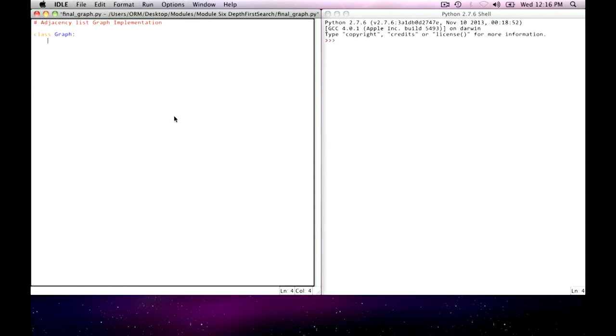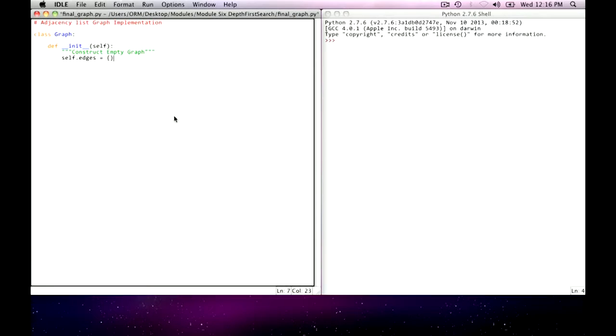We're going to use the basic capabilities of Python to create a class called graph. Initially, when it's created, it will be empty. But we have to set up the structure for what we're going to have. And the way that we're going to do this, as I mentioned, is to do an adjacency list representation. So for every vertex, we want to keep track of all the edges for that vertex. We'll set up a dictionary for this purpose. The keys in the dictionary will be the vertices themselves, and the contents will be the edges that will be